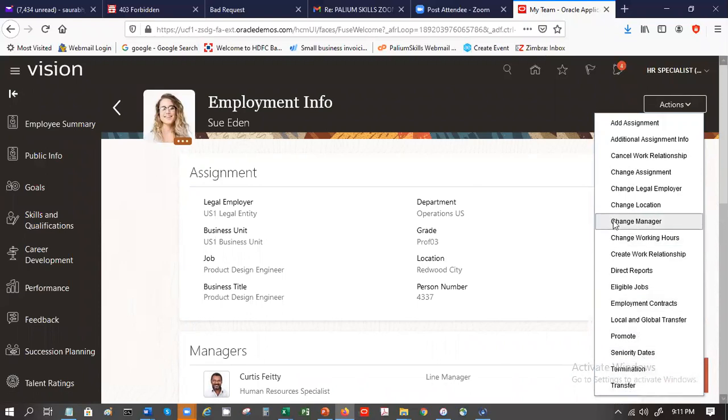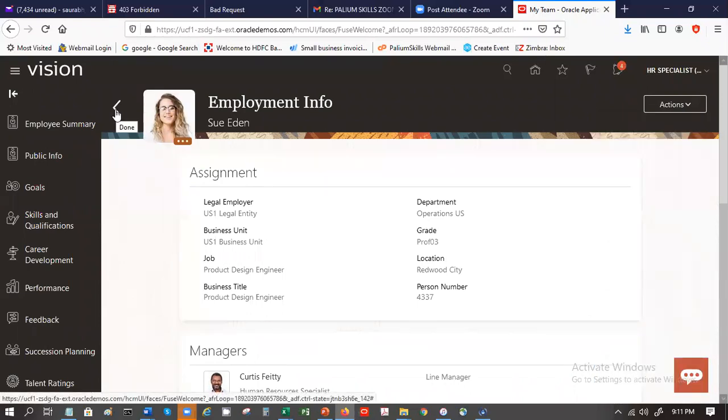So from here you can go and update the information. Where is absence? There should be one for booking time also.